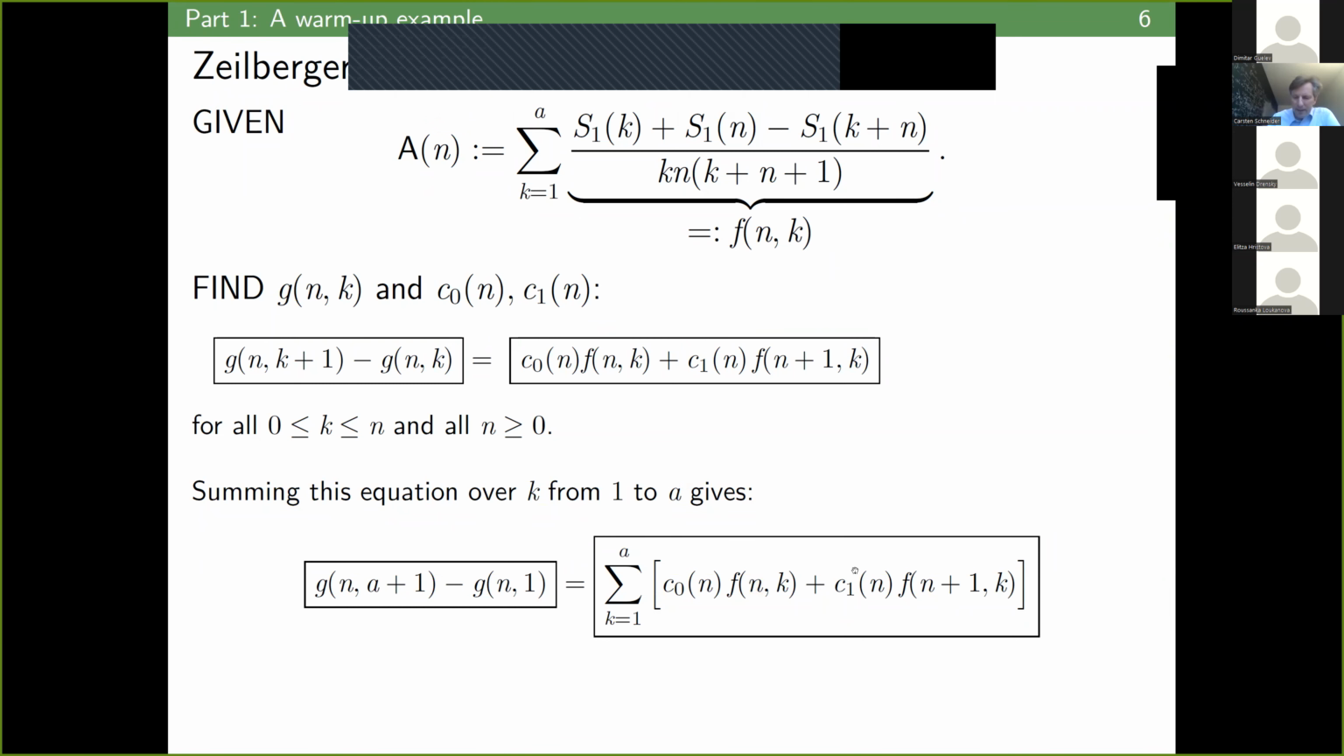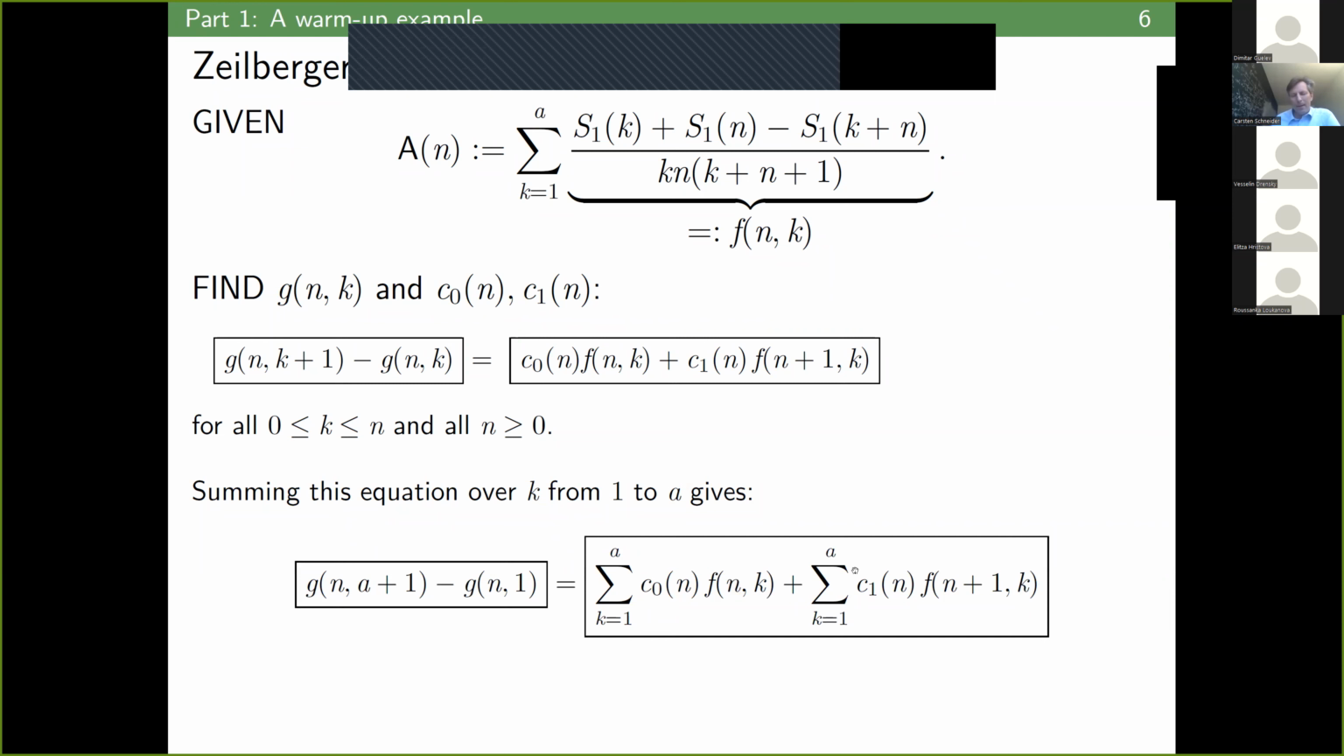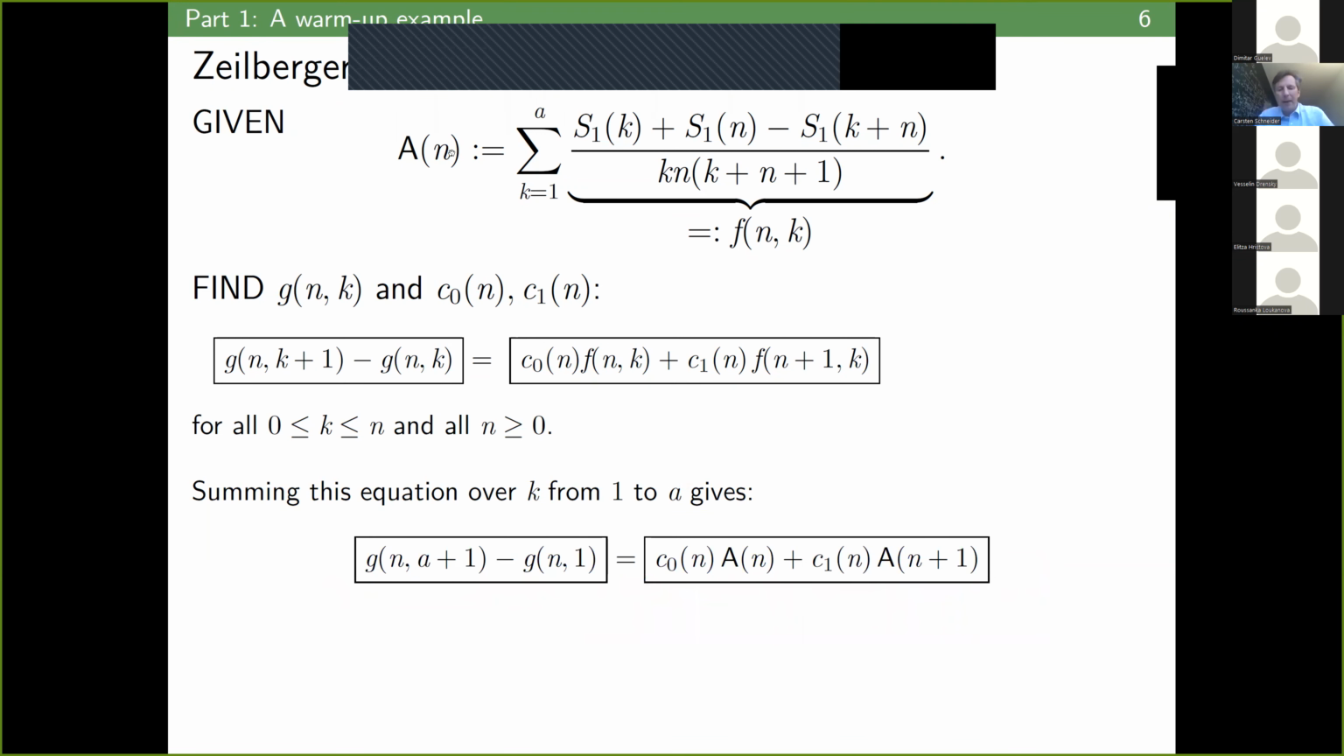But now, by linearity, we can split the sum. And this is now the crucial point. The constants C0 and C1 are free of the summation variable, so we can pull them out. And now observe that the sum that you see here is exactly our input sum. And the sum that you see here is again the sum, but with n shifted to n plus 1. What we have gained basically now is a linear recurrence of order 1. So we have the sum and the shifted sum equals this expression. And plugging in g explicitly